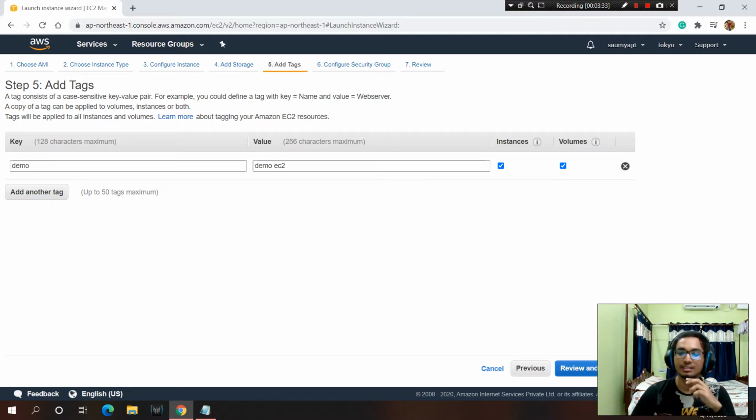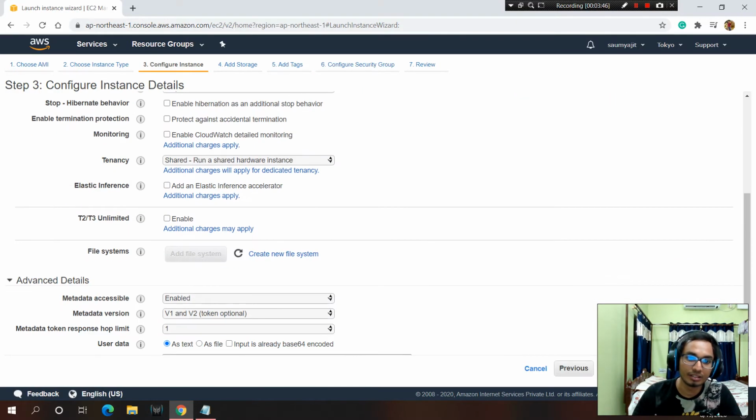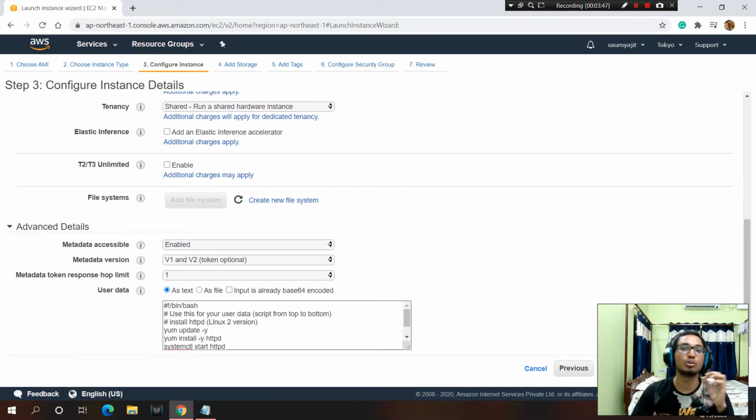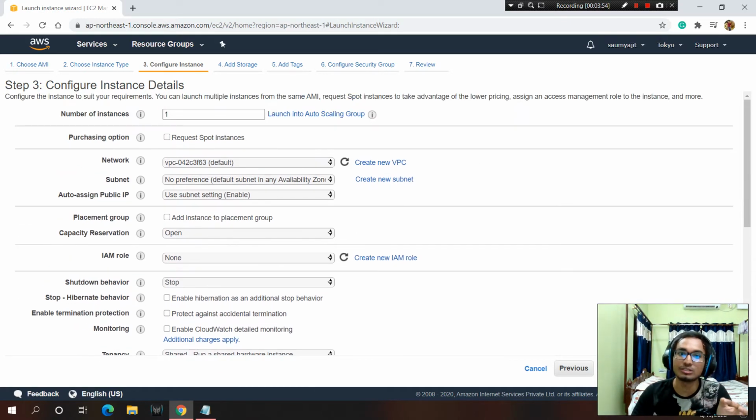And then next, security group. What is a security group? When you are giving this code, you are configuring one virtual server in your instance, right? So you have to connect to the virtual server.